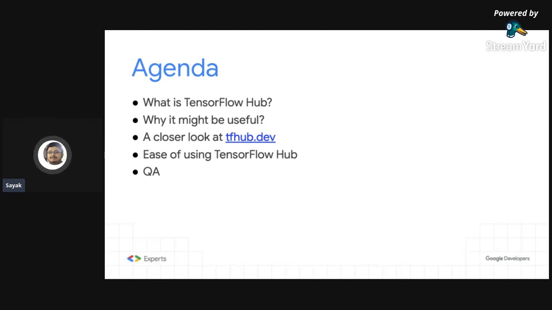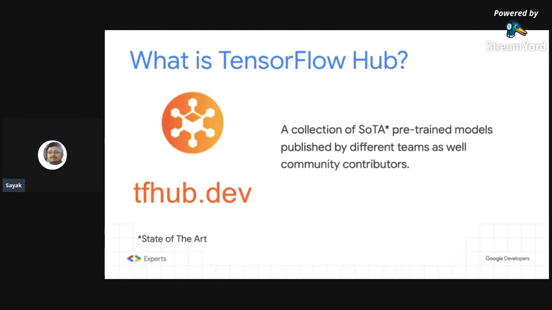I'll be also walking you through a number of different use cases where TensorFlow Hub might be really useful, and we'll also be doing a quick Q&A if time permits. And don't feel the need to wait till my talking is over. Just ask your questions right away. I'll be checking them at regular intervals so that we all can make it interactive. So yeah. And let me start the actual session, in fact.